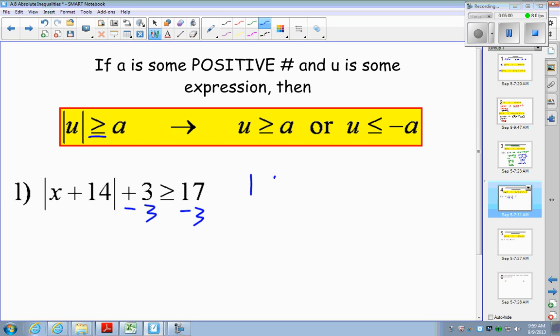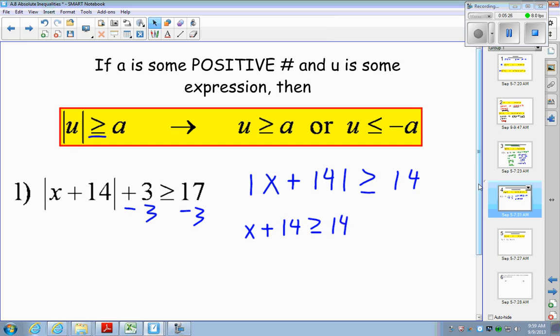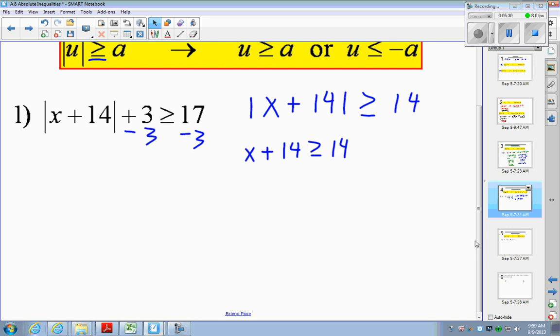And so we'll end up getting, all right, so now that we've gotten to this point, break it up into two parts. So we'll have x plus 14 is greater than or equal to 14. And we'll also have, or